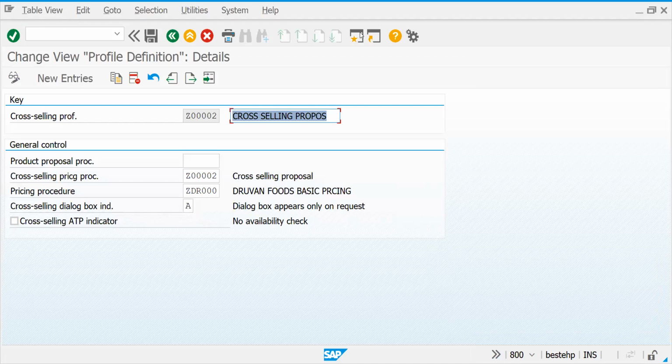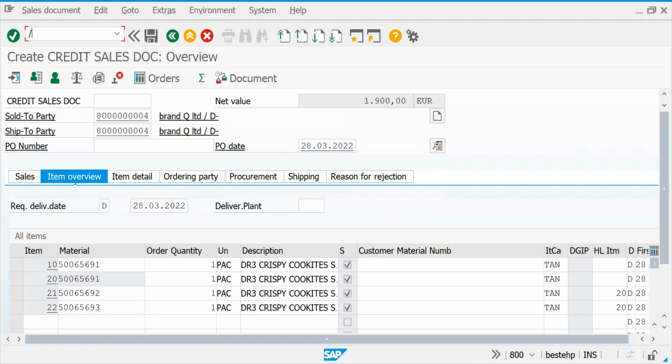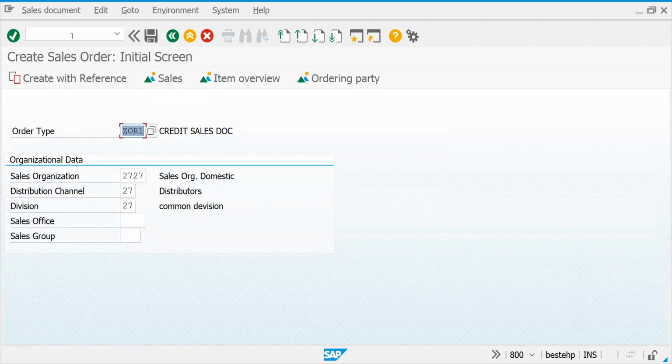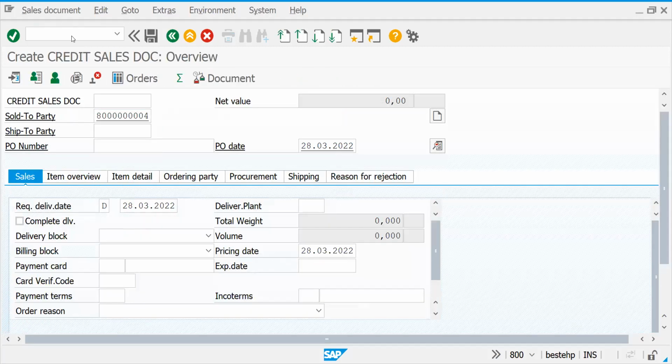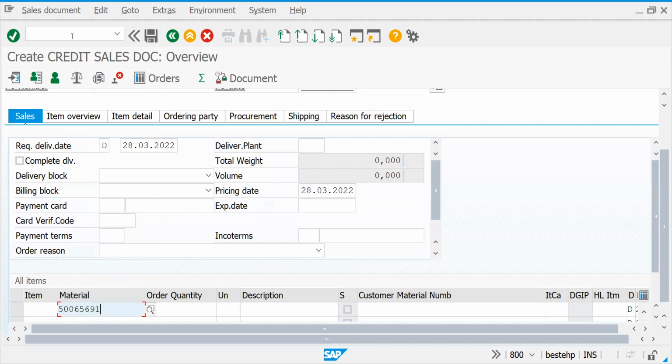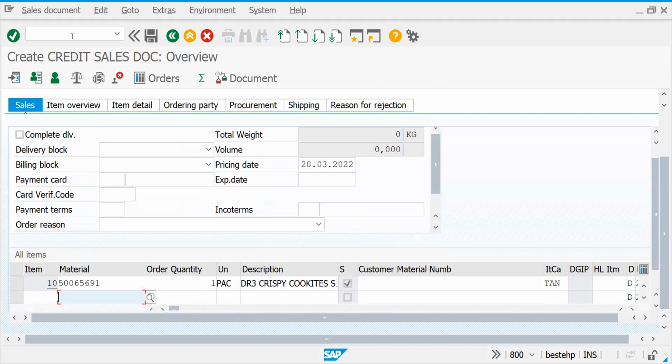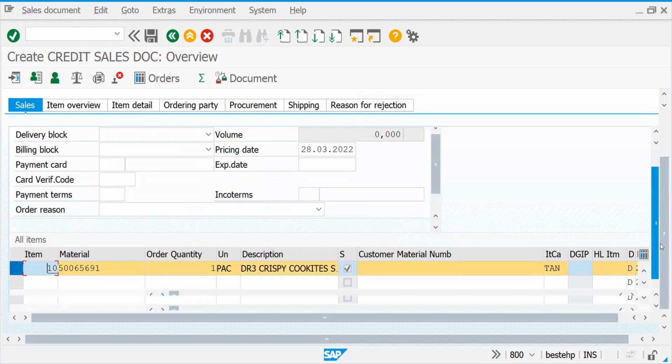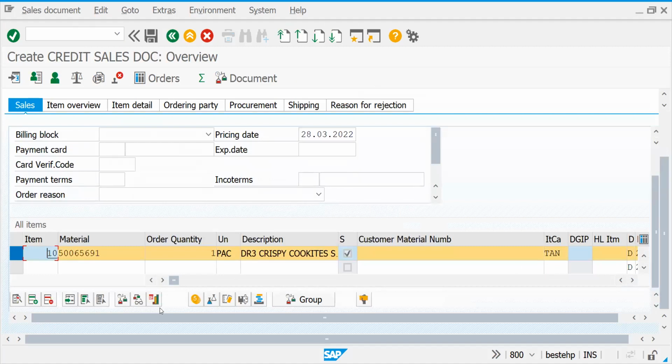Now go back and try to create a sales order. Generally we will use blank only. Okay. So here some button will be there specifically. So on request only can we get it actually.